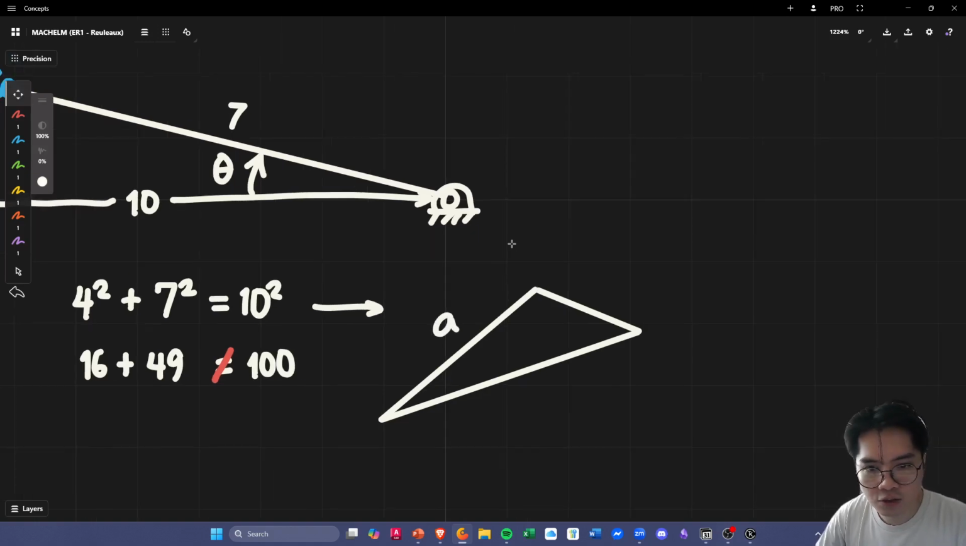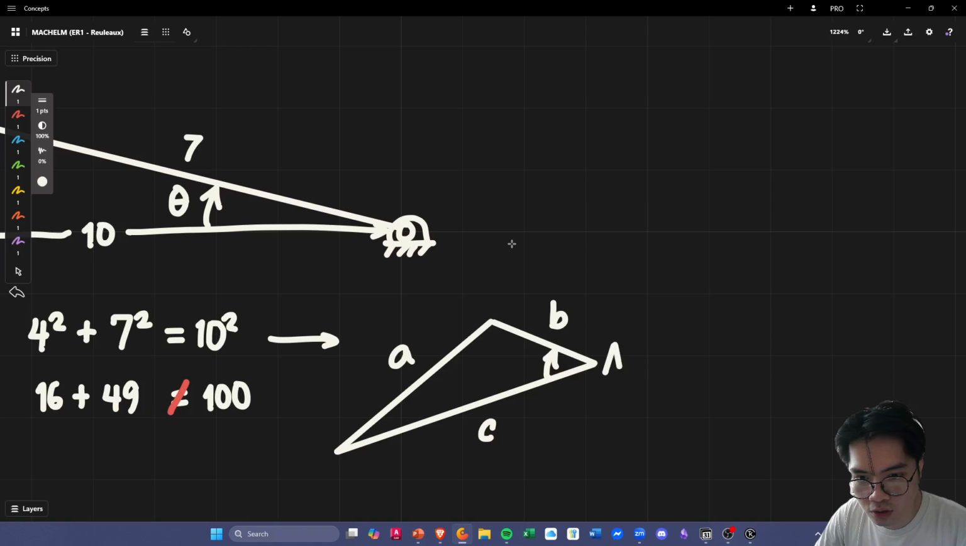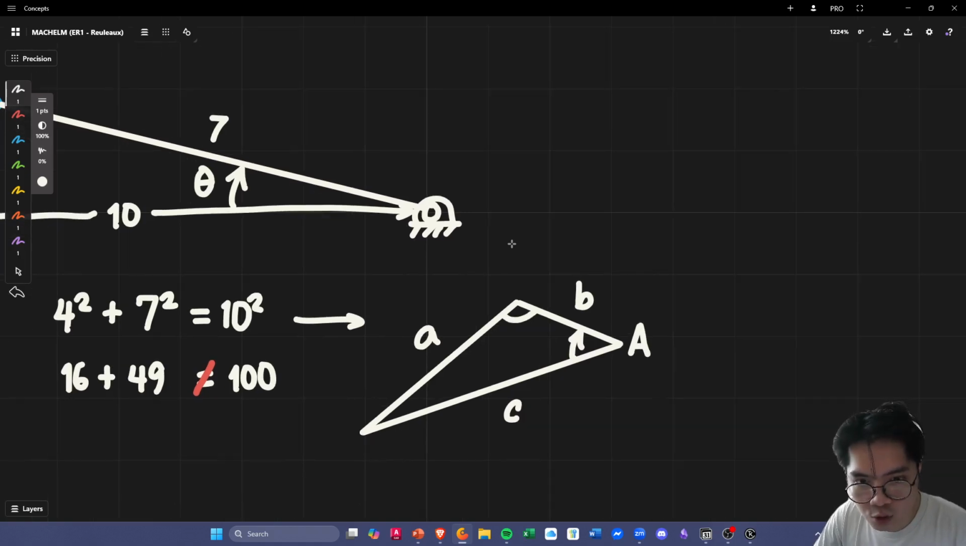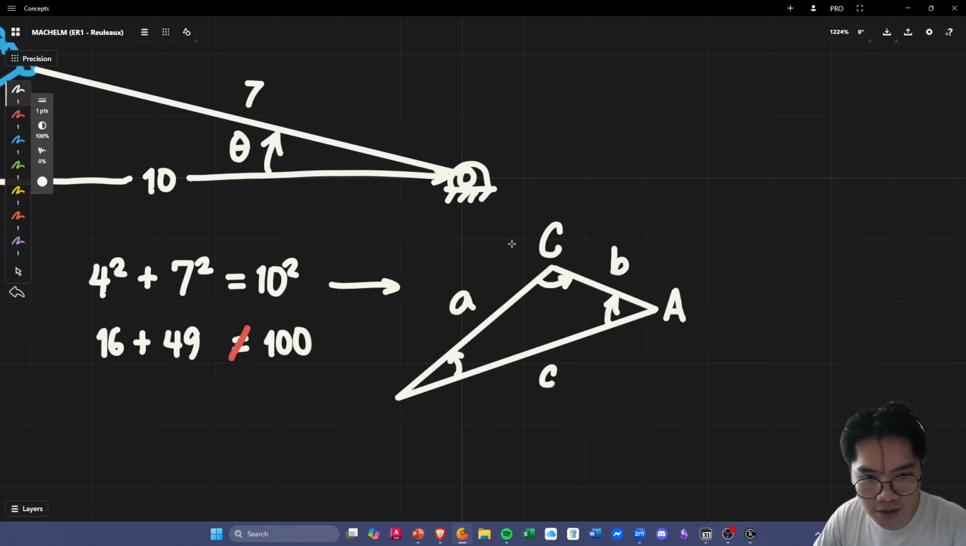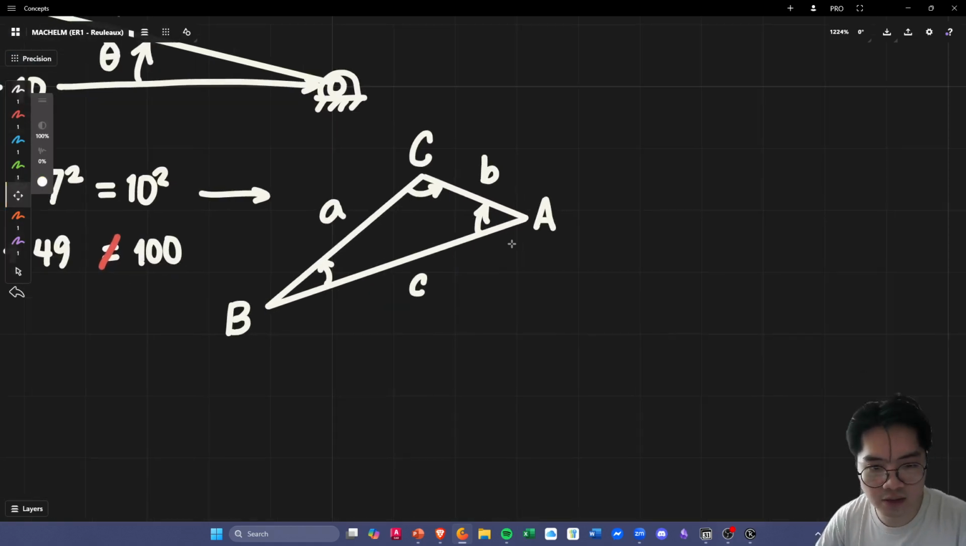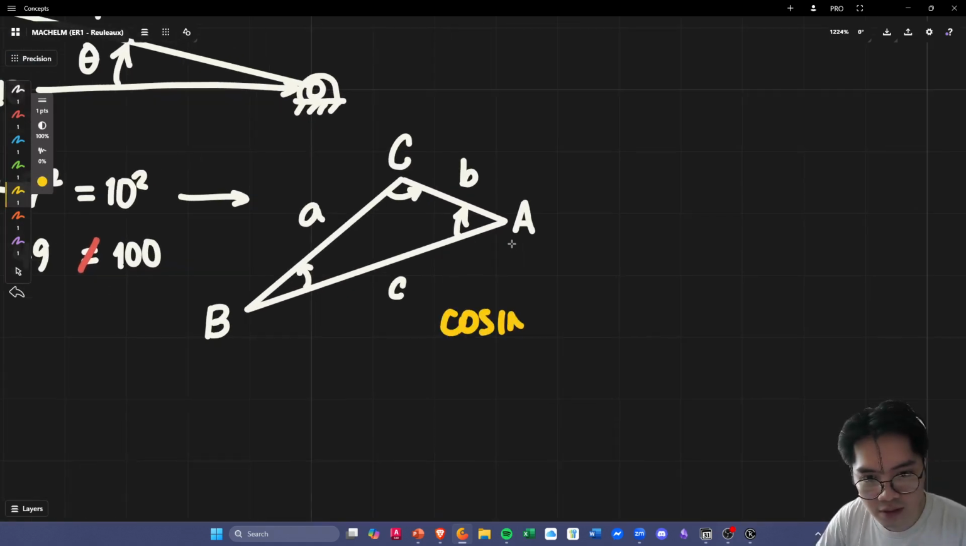and we have side lengths A, B, and C, their corresponding opposite angles will be called the big letter version of their side lengths. So this one is going to be angle A, this one is going to be angle C, and then this one is going to be angle B, right? And so the cosine law states, we need to make this in yellow, the cosine law states that